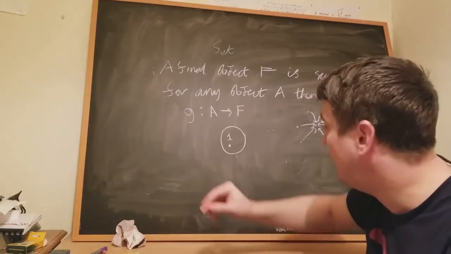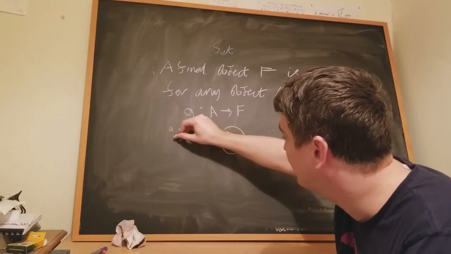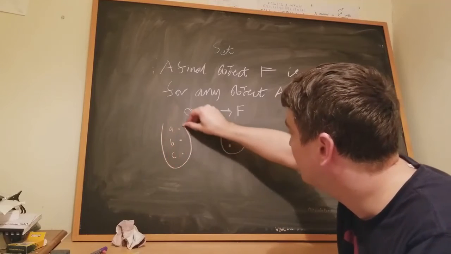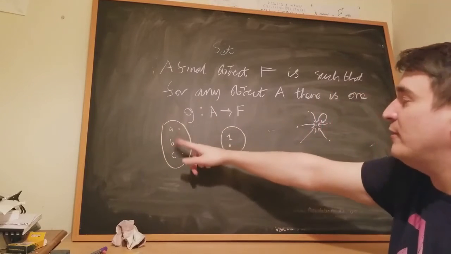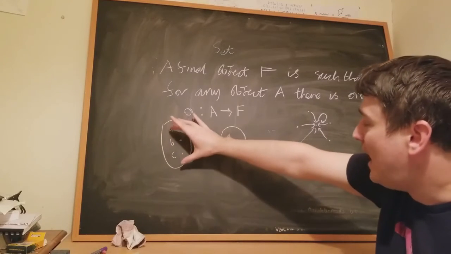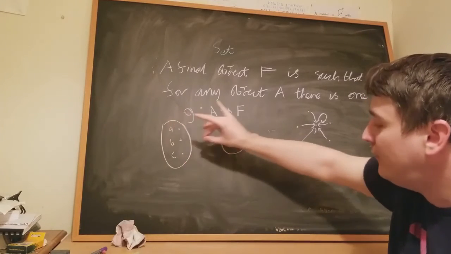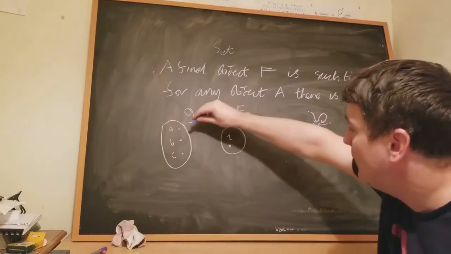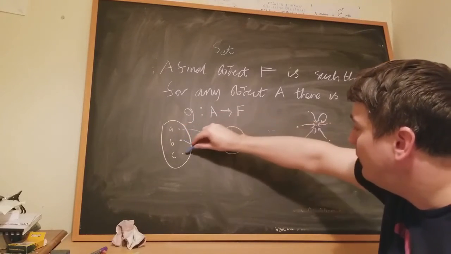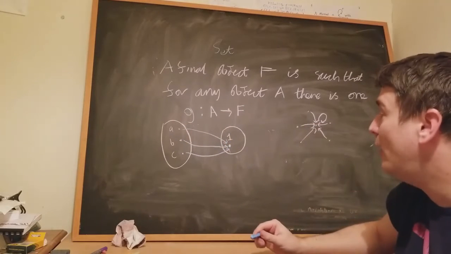If we have another set, so this would be represented by another object in our category, and how many arrows are there from this object to this object? How many functions are there from this set to this set? Well, there's just one, just the function which kind of collapses all of the elements of this set on the left into this set on the right. It's kind of like a black hole.